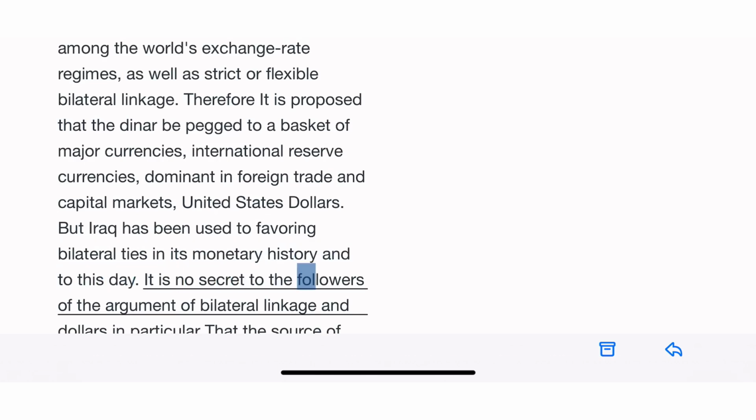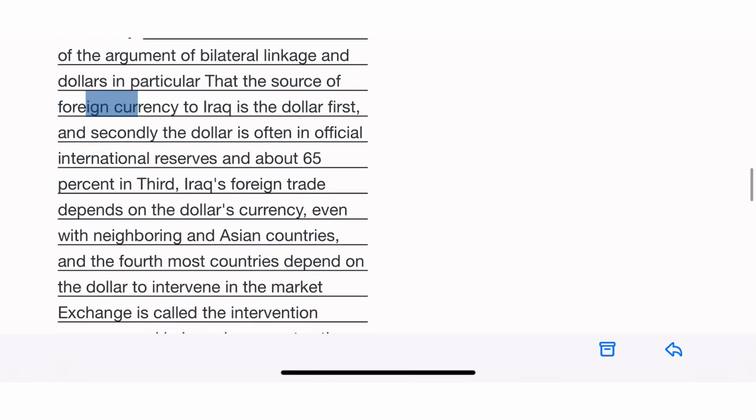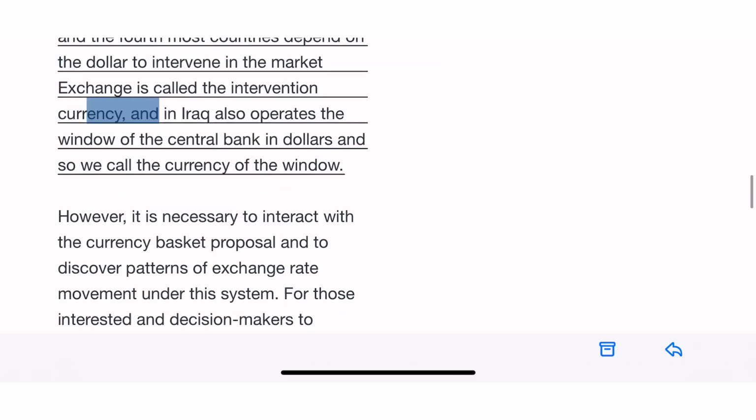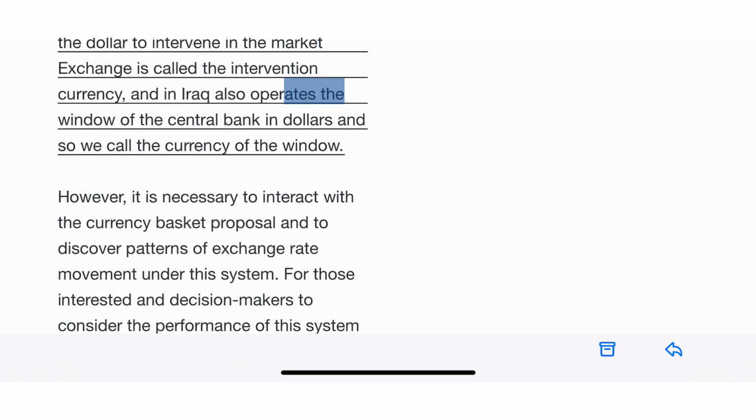It is no secret to the followers of the argument of bilateral linkage and dollars in particular that the source of foreign currency to Iraq is the dollar first. And secondly, the dollar is often in official international reserves, about 65%. Third, Iraq's foreign trade depends on the dollar's currency, even with neighboring and Asian countries. And fourth, most countries depend on the dollar to intervene in the market exchanges, called the intervention currency, and in Iraq also the window of the central bank operates in dollars, and so we call it the currency of the